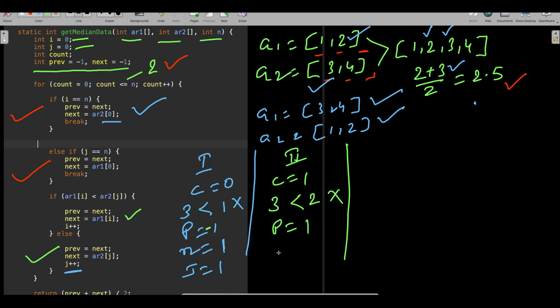And your next is going to be array 2 of j. j got changed here, right? So j was changed, 1, 2. So j already became 1 here. Array 2 of j1 is equal to 2, right? So this will be 2.